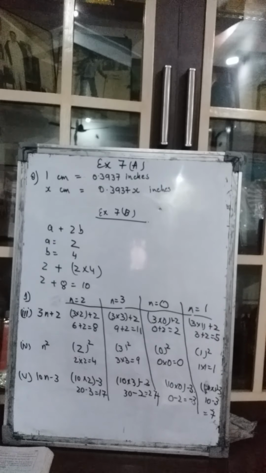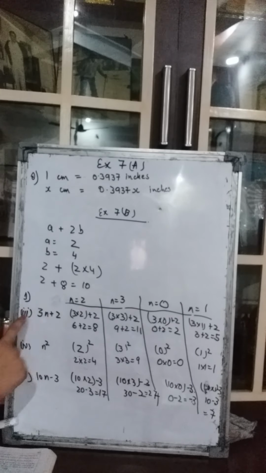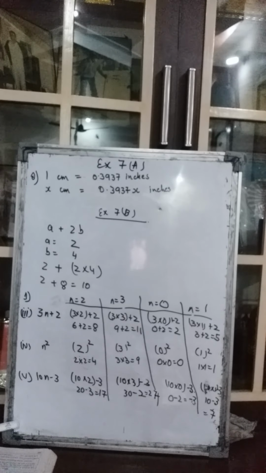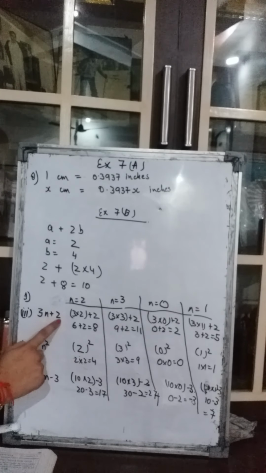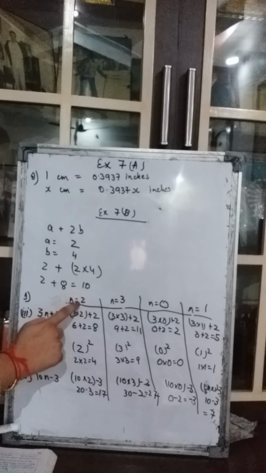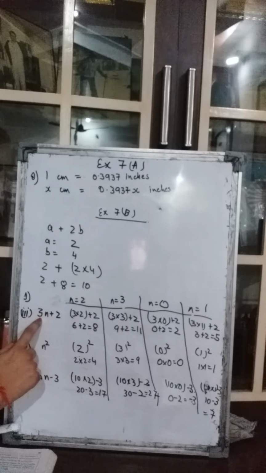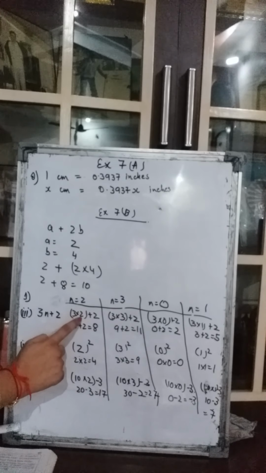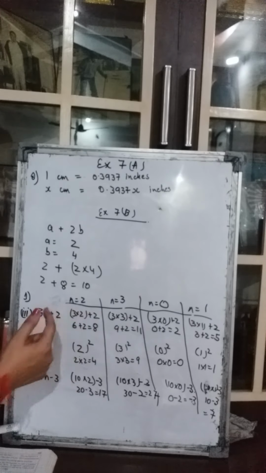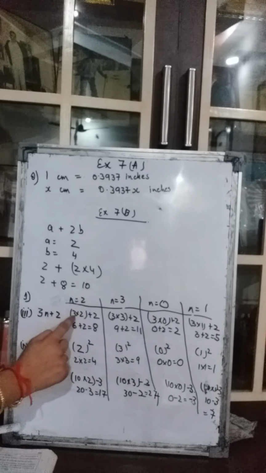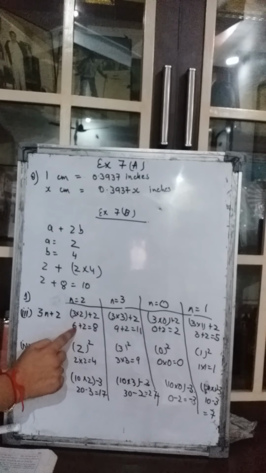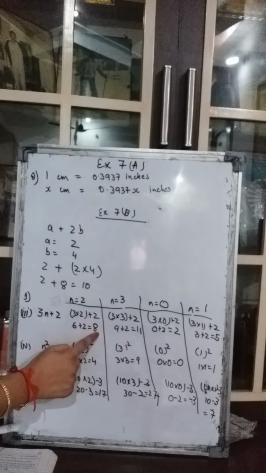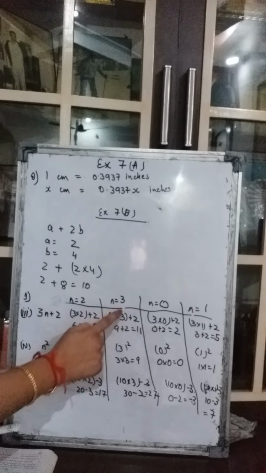So let's do it. n is equal to 2. Okay, we'll do the third part, fourth part, fifth part, and then sixth and seventh also. So here, 3n plus 2. Instead of n you will put 2 here. So 3 into n means 3 multiplied by 2. This will come in the bracket so that you do not get confused. This we have to solve first. 3 2s are 6, plus 2. 6 plus 2 is equal to 8. 8 is the answer.